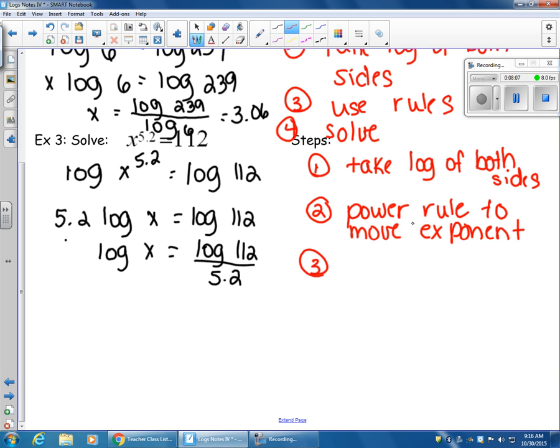Okay, so we use the power rule. We isolated the log of x, right? So now we want to know what number, what value for x that when we take the log equals whatever this is. So what you're going to do in the calculator